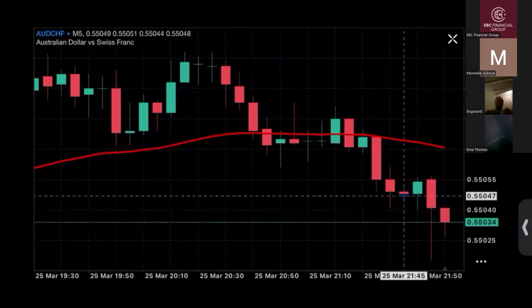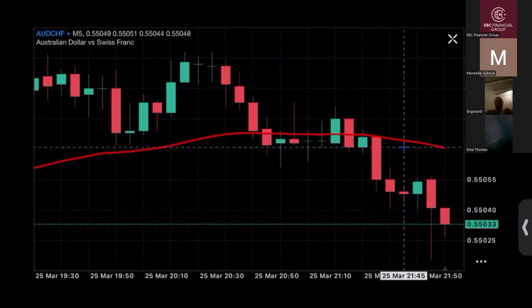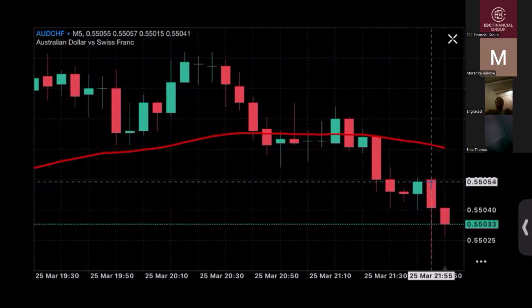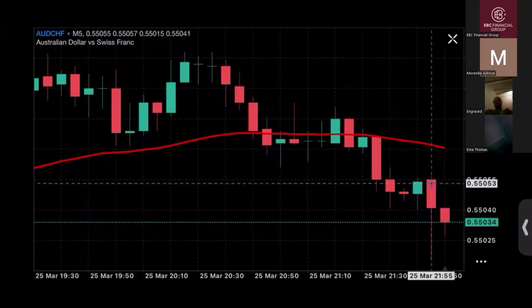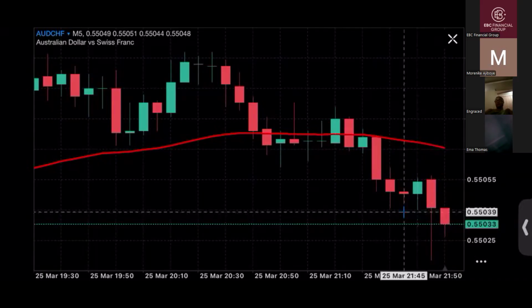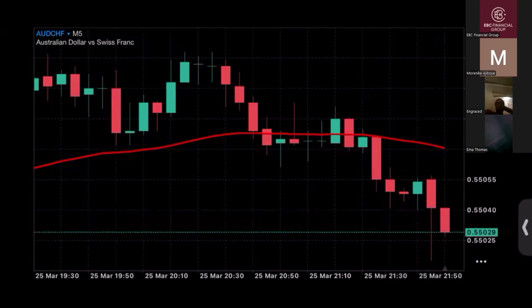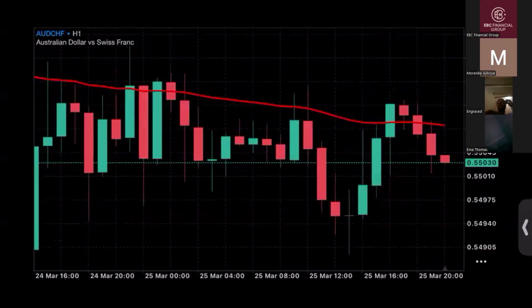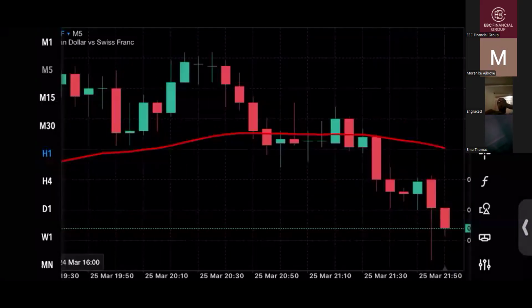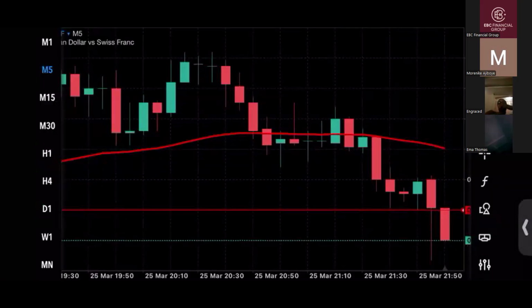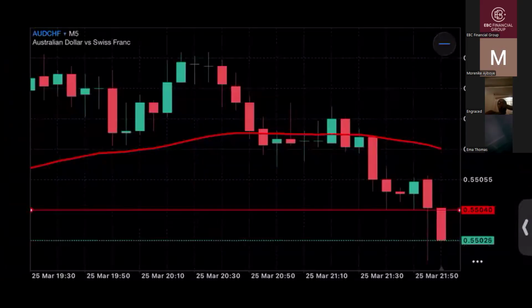So at the time we saw this in this downward trend, we would have placed our sell stop just below here. Our stop loss for this trade would have been above this high. This is the high now, right? So our stop loss would have been above this green candle, which is the high. Our stop loss is here. Our sell stop is here. Then our take profits, of course, we can jump to the 1 hour time frame. Let me go and mark it. So let's assume that we entered the trade here. Our sell stop was here, and our stop loss was just above this high.